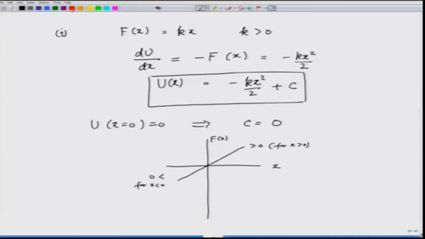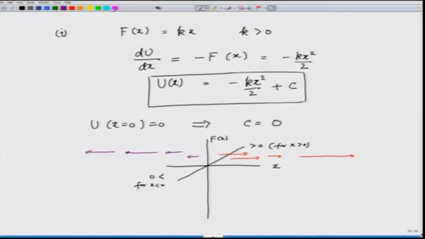That means on the right side, for x greater than 0, the particle is going to experience a positive force, and therefore it is going to be pushed this way. Larger the x, more the force. On the negative side of x, the particle is going to be pushed to the left. Larger the distance from the origin, more the force. So, from the force graph, this is what you see, and now I will show you how the potential energy